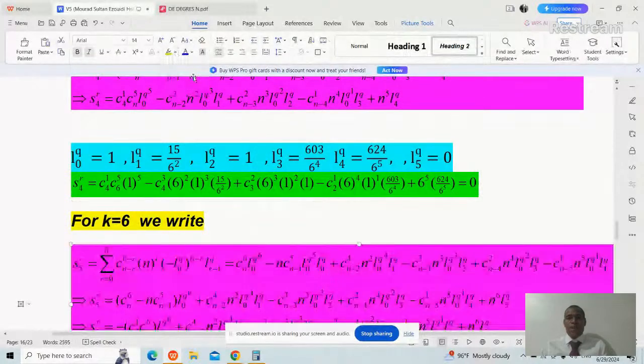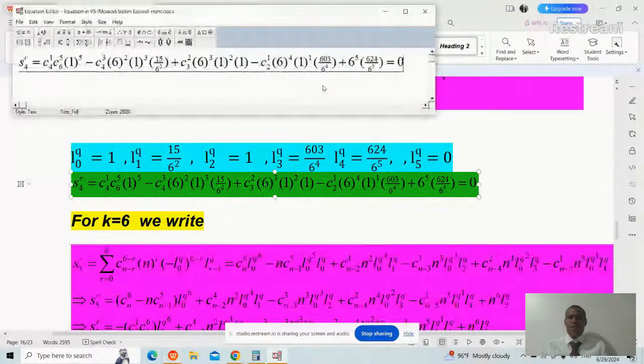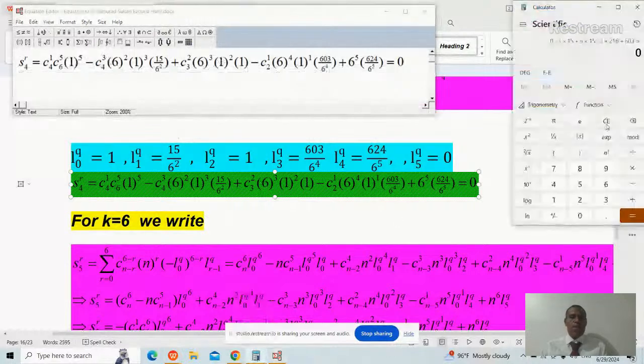Now I will calculate this. This is S4. I will use my calculator. You can see that this is 4 times 5 times 6, 24. I will write 24. Then minus 4 times 15, because 6 squared divided by 6 squared is 1. Also 6 to the 4 divided by 6 to the 4 is 1, and 6 to the 5 divided by 6 to the 5 is 1. I will just write the coefficient. So minus 4 times 15 times 15